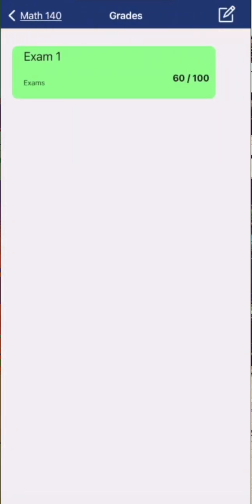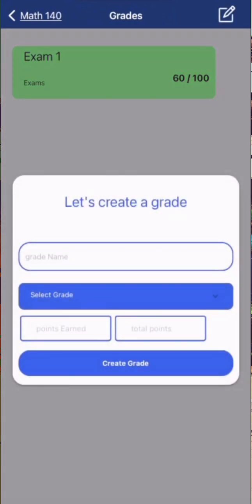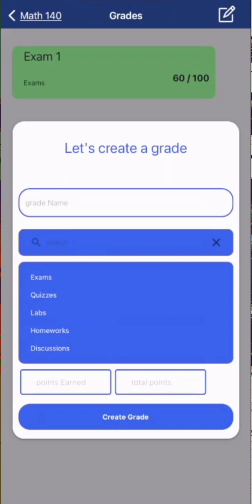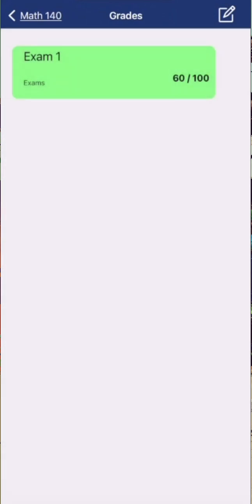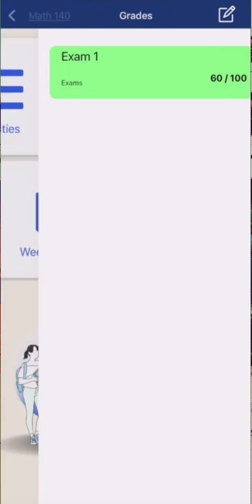If I want to enter a grade for, let's say I got a 60 out of 100 on my first exam, I made sure to click the top right, enter the grade name, select type of grade, the points that I've earned over the total points, and it'll be created promptly to keep track of my overall feedback on how much grades I am earning in my subject course, while also keeping track of how much time I'm putting in